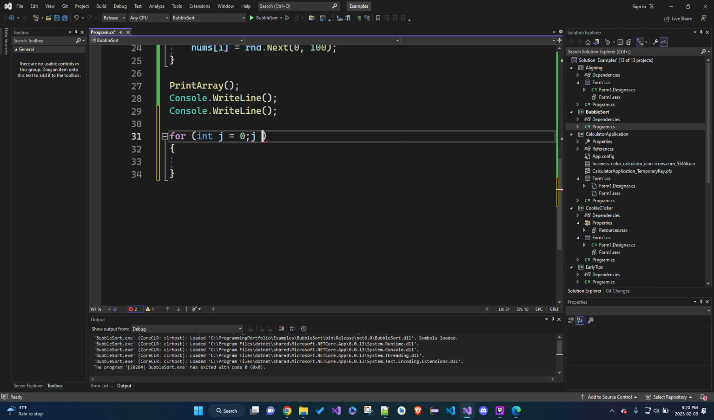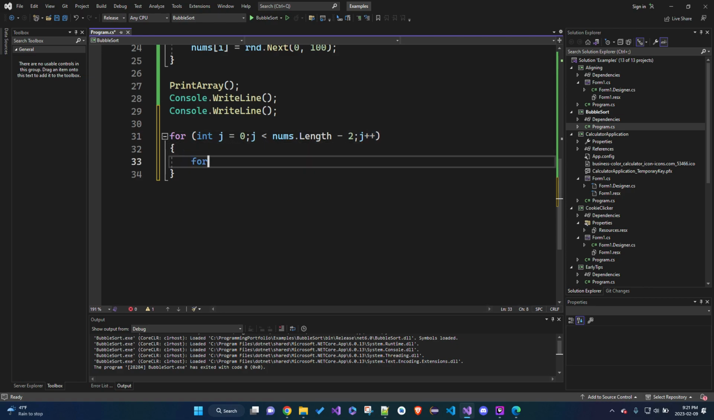J is less than nums, which is our array, dot length, subtract 2. And I'll get to that. I'll explain why it's -2 later in the video. And then j++. Now we have to create our second array,